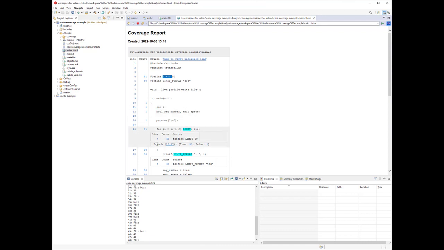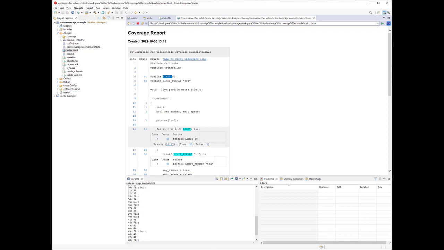Oh yeah, let's talk about the branches. When you see a pair of numbers like this, it's saying line 16, column 17. Pretty unexciting here, but if you've got multiple branches or multiple conditions on the same line, knowing the column number can give you a relative sense of which one it's referring to. So it says with regard to this particular condition, it evaluated to true 50 times and false 1 time, and that makes sense.